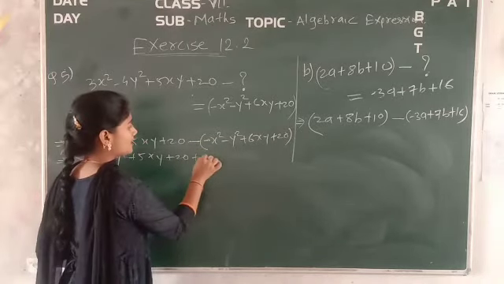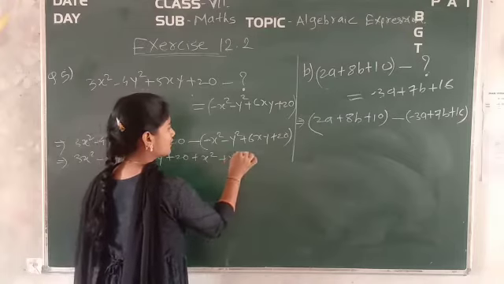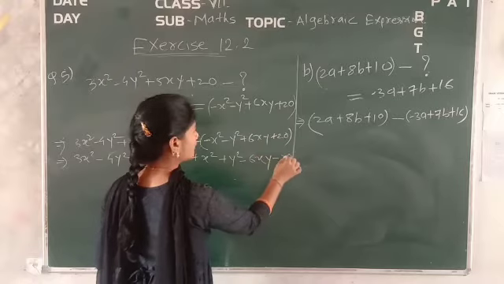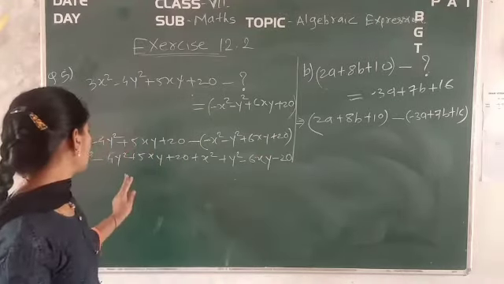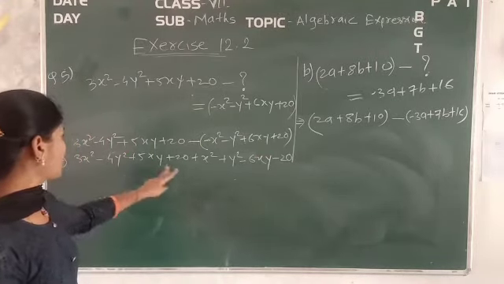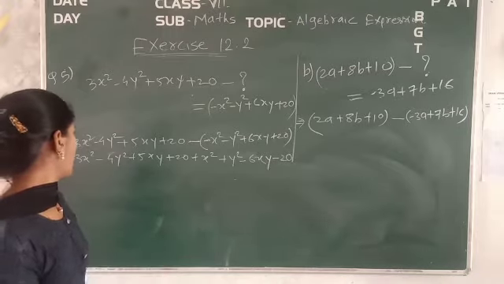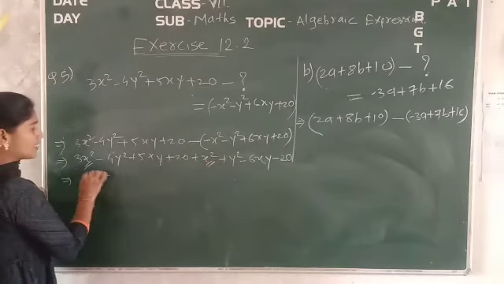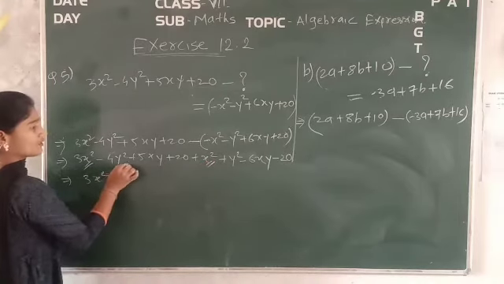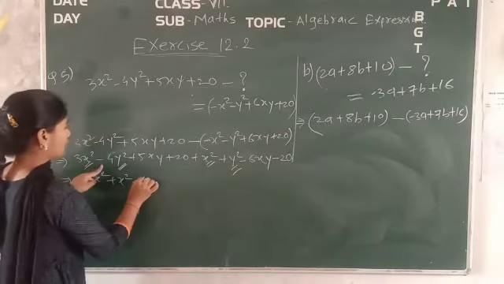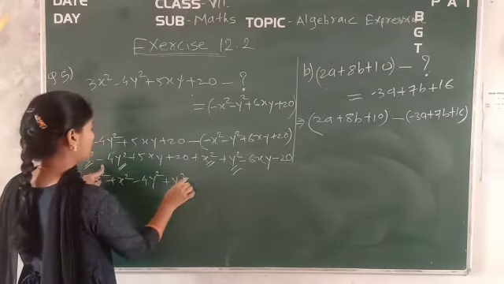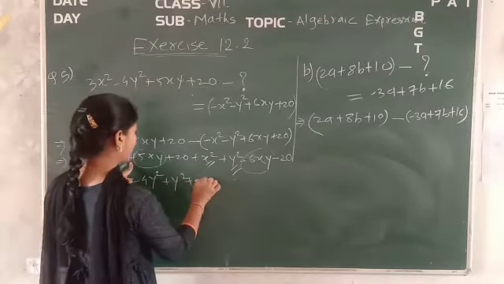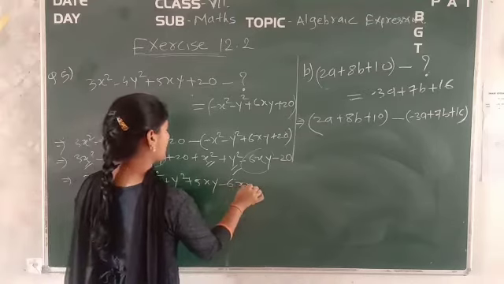Minus into minus plus x square, minus into minus plus y square, minus into plus 6xy, minus into plus minus 20, correct. Now if opposite signs are there you can cancel them out. If same terms are there you can take them towards each other. So see, 3x square and x square, take like terms towards each other. 3x square plus x square; y square terms, that is minus 4y square plus y square. Again xy terms, xy and xy, but it is plus 5xy and minus 6xy.